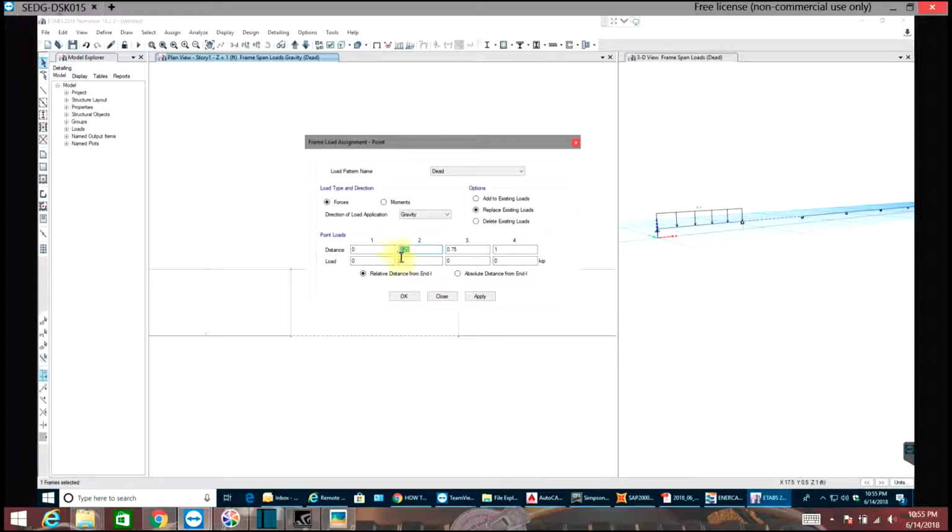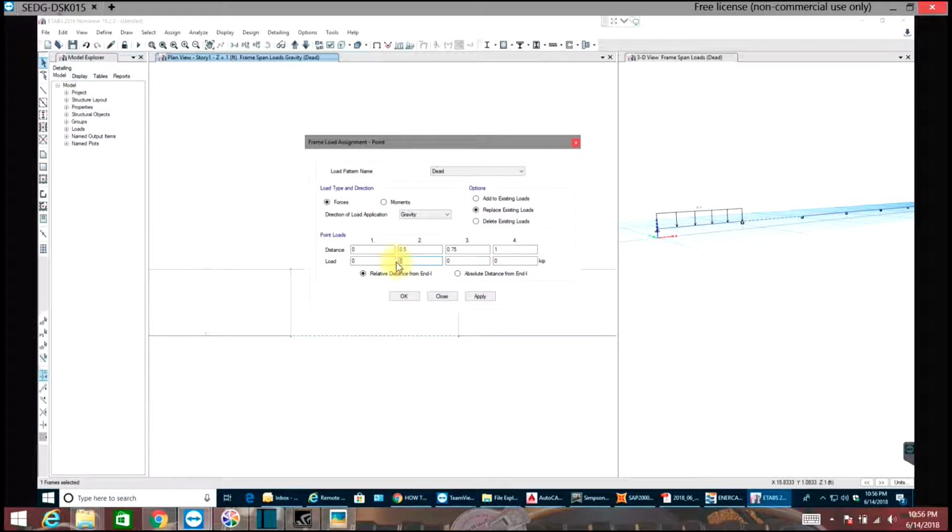This will be 0.25 times the span length of this frame, somewhere like quarter of the span, and this will be 3/4 of the span. This will be at this end. So now if I want a point load exactly in the center, instead of saying 0.25, I will have 0.5